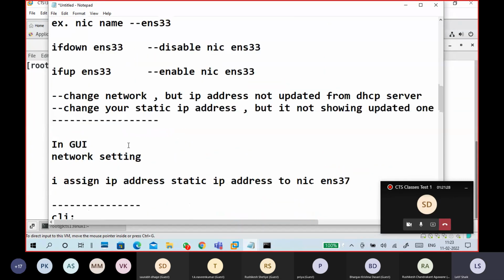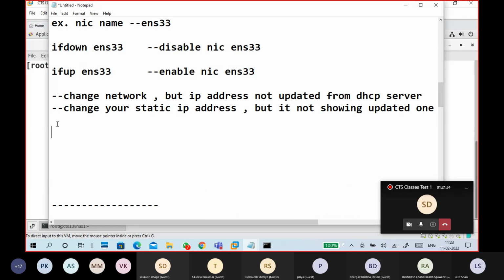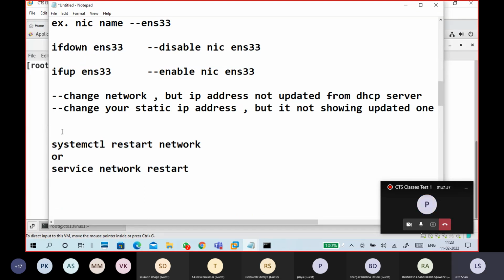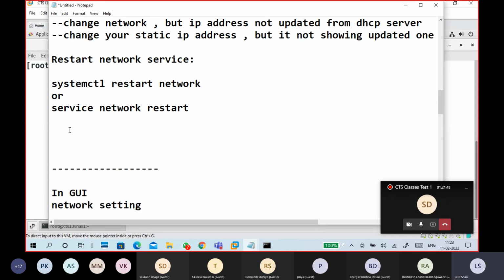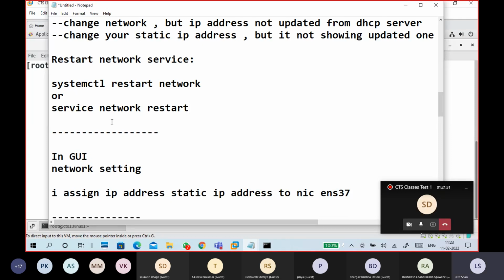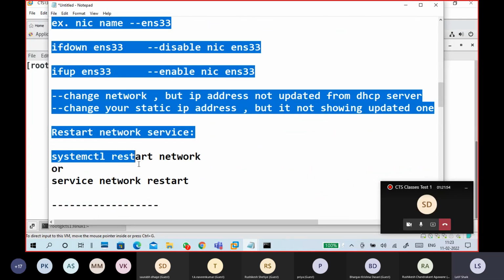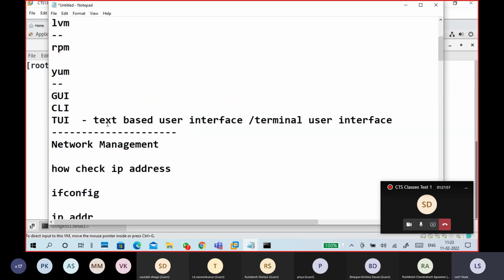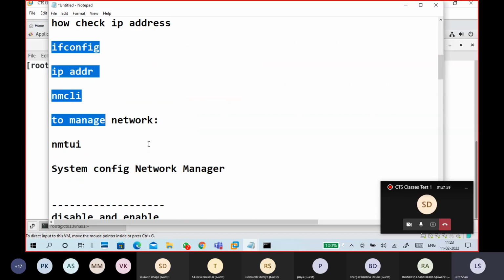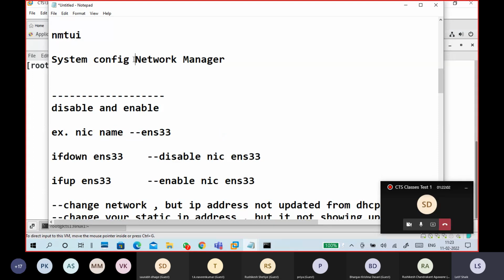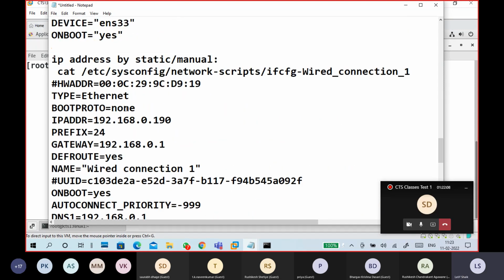This also works in troubleshooting. These are very important commands for troubleshooting. Of course, this is for checking purposes, and this is for troubleshooting purposes. And also we'll go to this.